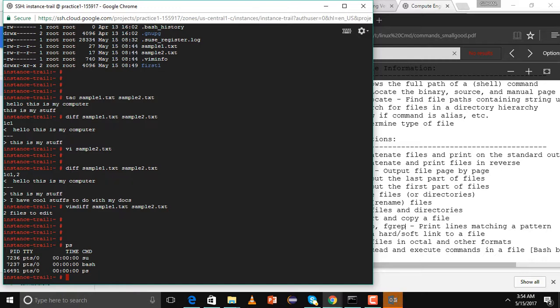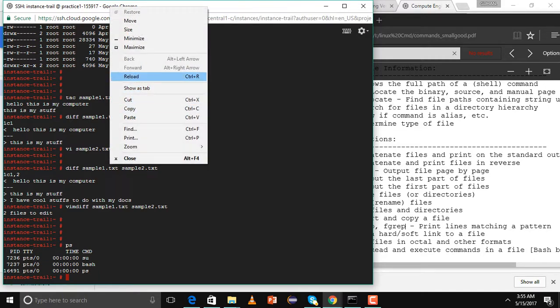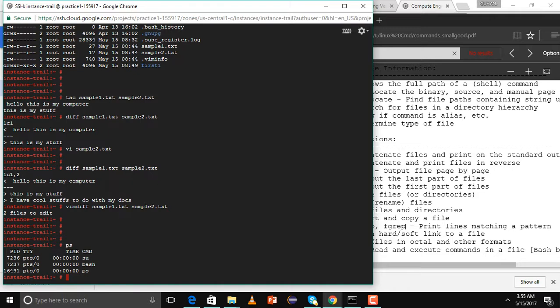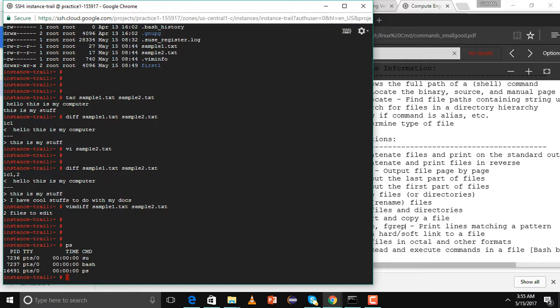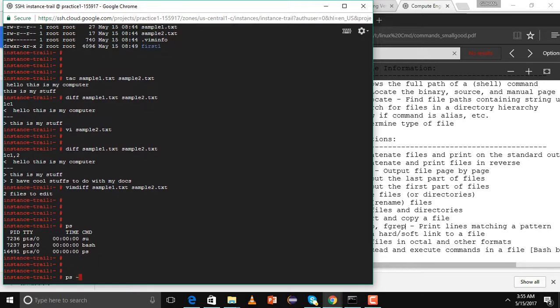So in only one terminal, suppose if you take multiple terminals, it displays differently. And to know all the processes running over your system, you can give this command, and it also explains